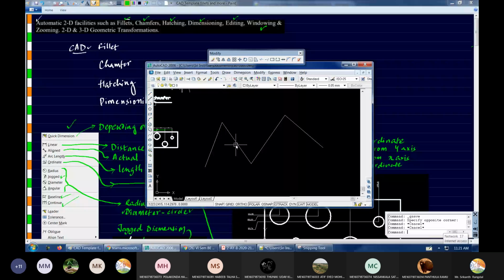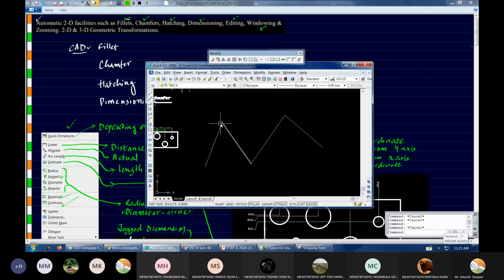So how will it be saved in vector form? All these coordinates will be saved, and the detail about which coordinates are joined with a line will be saved. So when it is reading back the file, it will read the coordinates and which coordinates are joined, and automatically it will regenerate the diagram and show it on the screen.